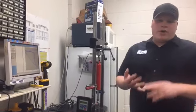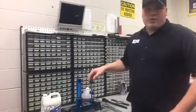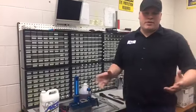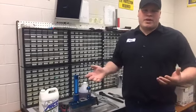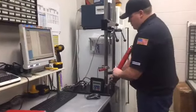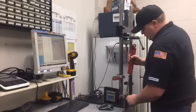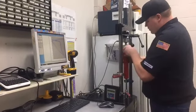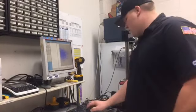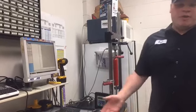At that point, if you okay it, then we would come over to one of our benches and we would take the shock apart, go through, put new seals in it, change the oil out, and make everything back to the way it's supposed to be, or the way it came off the shelf. That way it's ready to go back to you. When we're done with that,